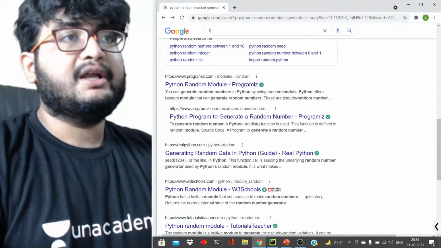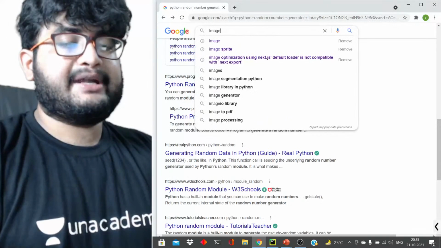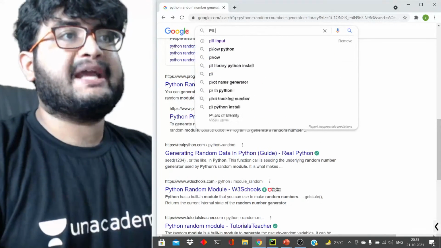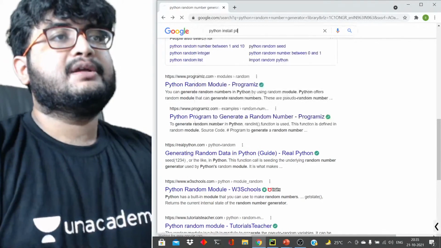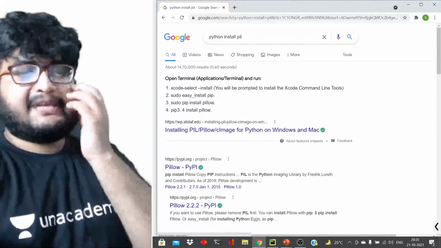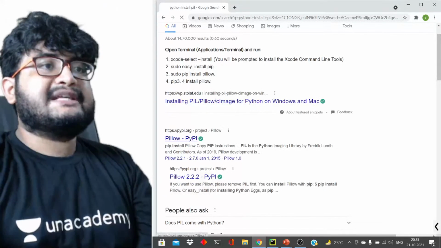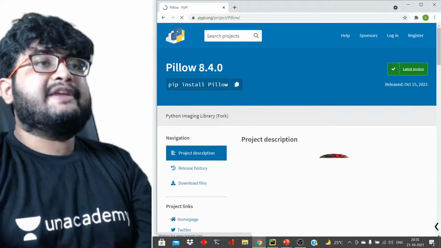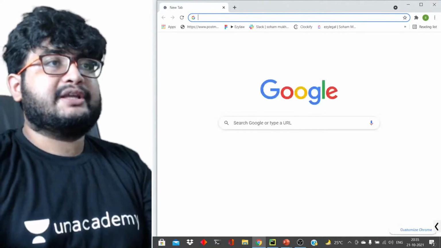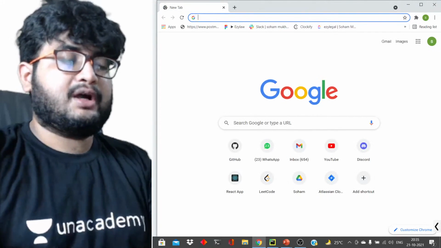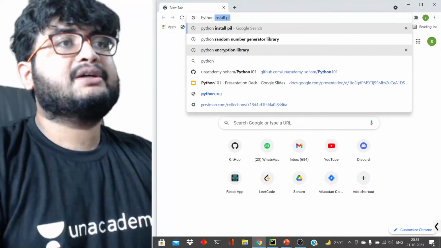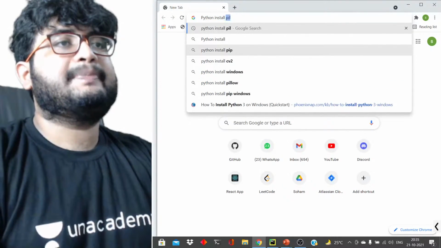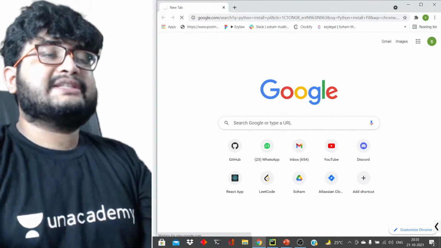We'll install image library, right? PIL library. So PIL is for image processing, right? So we'll just install PIL, or we can just install NumPy. NumPy is also there. We can just install NumPy as well, or let's just install PIL. So Python install PIL, right? So we can just install PIL